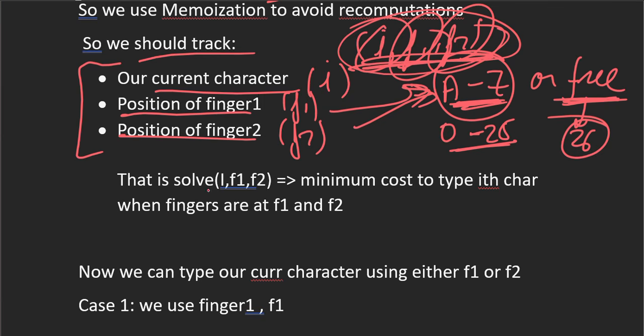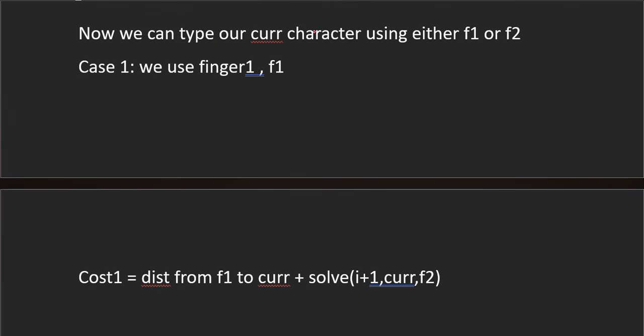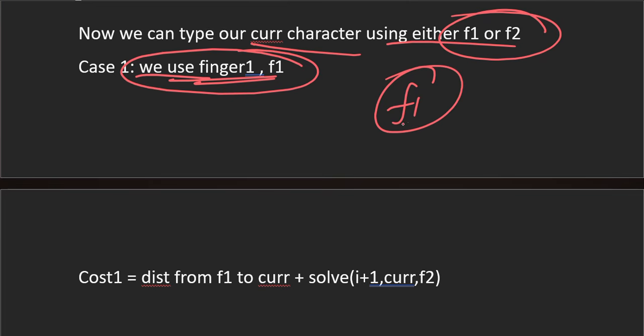So now what will be the movements or what we'll do when we will be typing our current character, right? So to type our current character, either we use finger 1 or finger 2. So when we use finger 1, suppose if you use our finger 1, then we have to shift our finger 1 position to our current character.